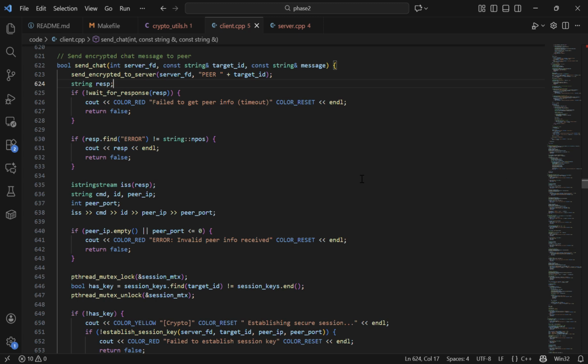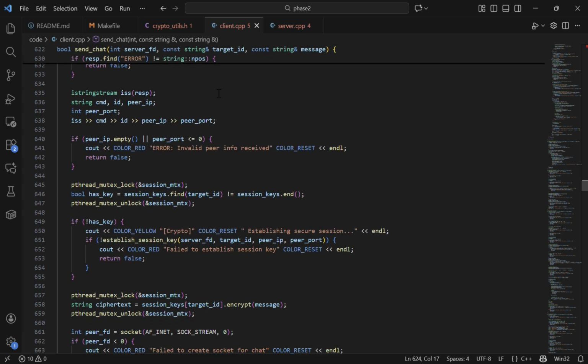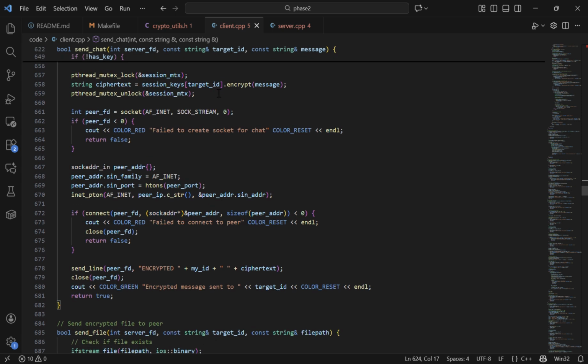Okay, so for the encrypted chat message logic, say Alice wants to send a message to Bob. She would first have to ask the server for Bob's IP and port, so she sends a peer command with Bob's ID, and the server will respond with Bob's connection information. After that, Alice would create a socket and connect directly to Bob's listening port using the IP and